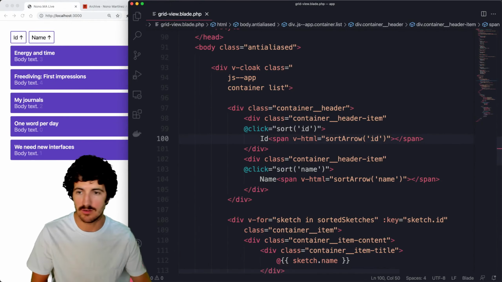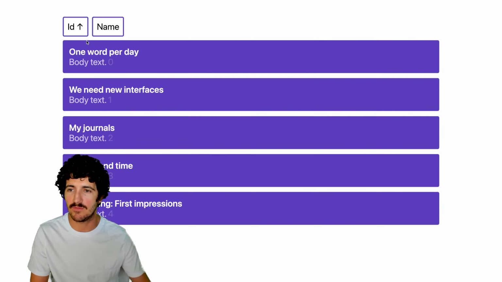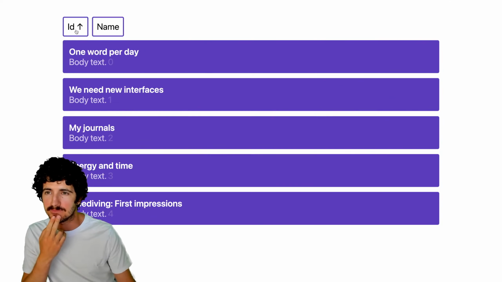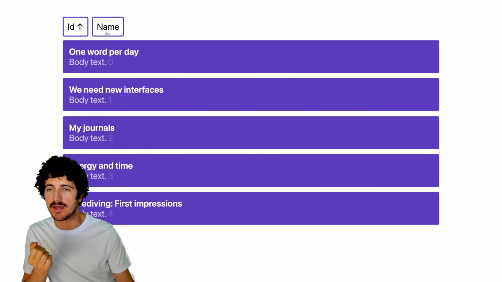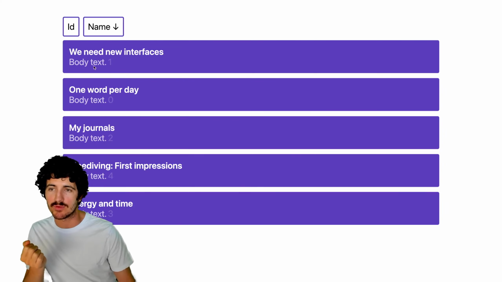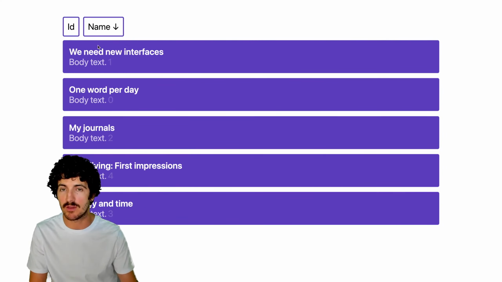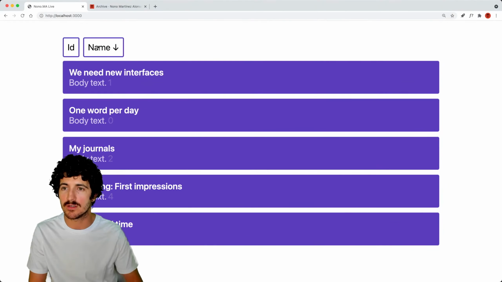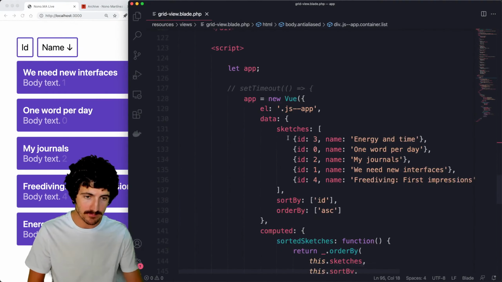All right. So let's see how cool. Now what happens is if I have this ID, the ID is 43210 01234. And now if I click name, this is alphabetical order, and now this is descending order, right? So we have a component here that is going to sort our content depending on these properties that we have here. And now that we've done this, it's super easy to extend our program to sort by other types of